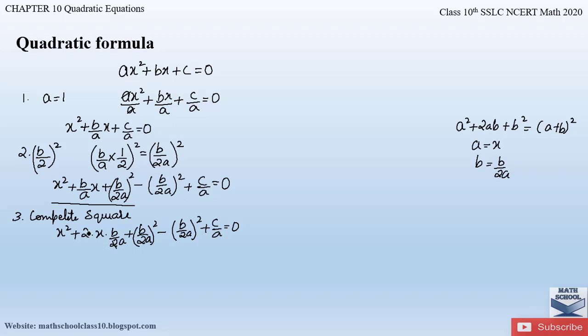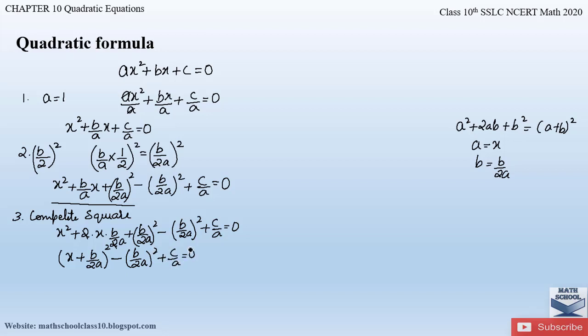Okay, so if these 2 and 2 terms get cancelled, we are left with bx by a. So that is what is here. So this is of the form a plus b the whole square form. We will complete the square by writing in the a plus b the whole square. We are taking a plus b because plus sign is here. That is the second term. If you observe, plus sign is here. So that's why we are taking a plus b. If minus was here, we would have taken a minus b the whole square. So let us write a plus b the whole square, where a value is x and b is b by 2a the whole square minus these terms, that is b by 2a the whole square plus c by a is equal to 0.